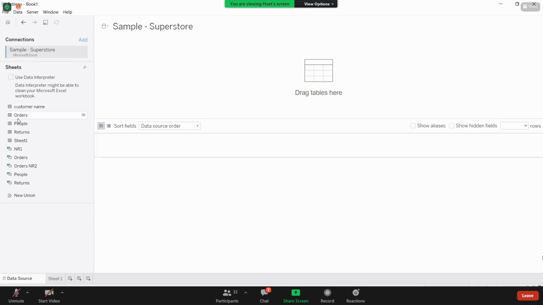As of now, I know my table is the orders table. That is why I'm bringing the orders table. Once you decide which table to bring, even when you are hovering on this, you get this view data option to view the data.